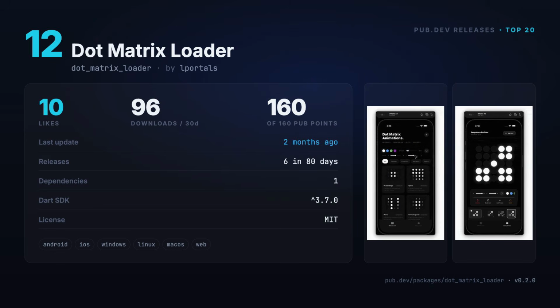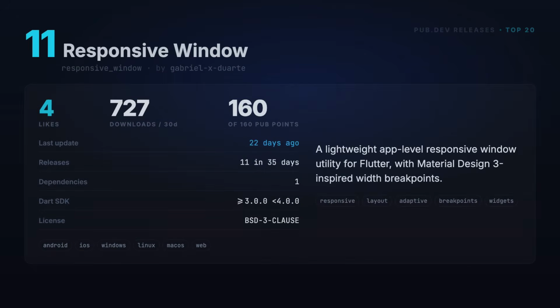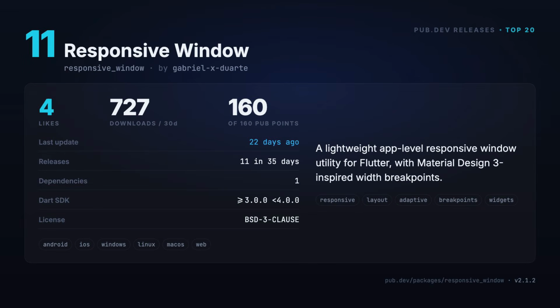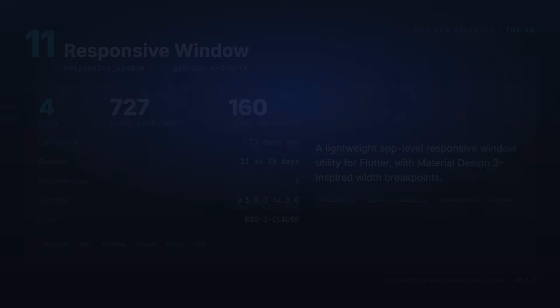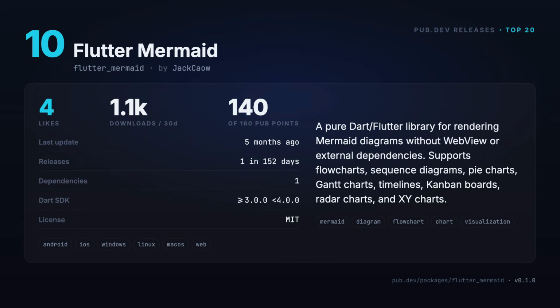It renders animated dot grids with 61 built-in presets, a custom builder API, and a sequence API. Number 11 is called Responsive Window, a lightweight app-level responsive window utility with width breakpoints inspired by Material Design 3. Number 10 is called Flutter Mermaid, a pure Dart library for rendering mermaid diagrams without a web view and without